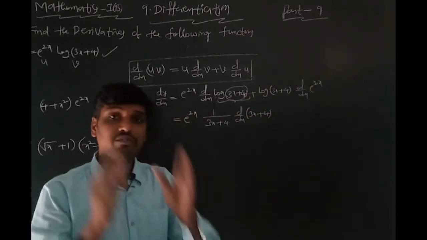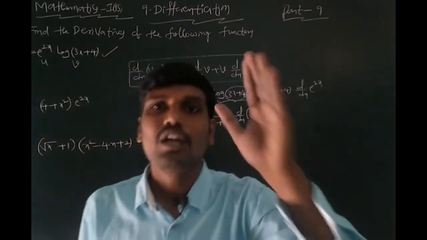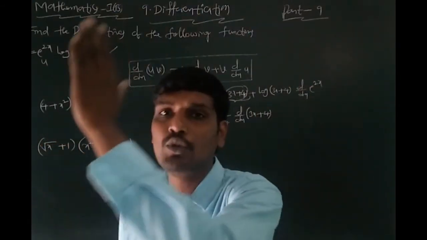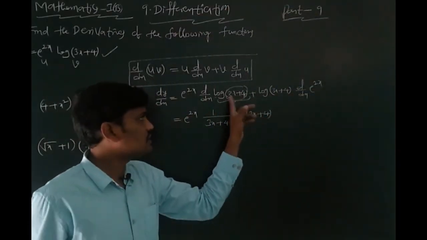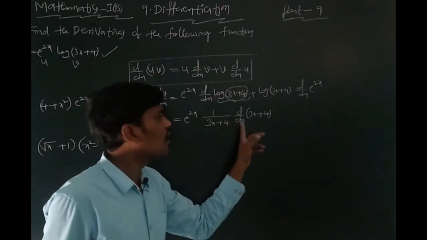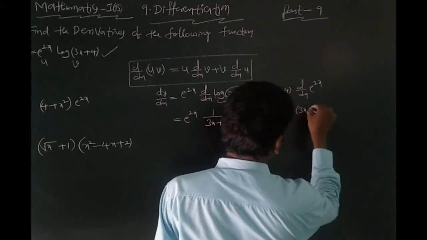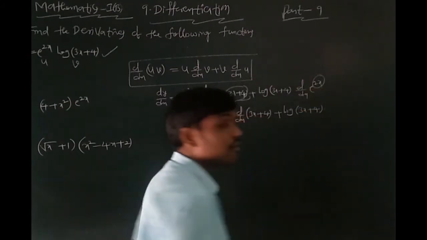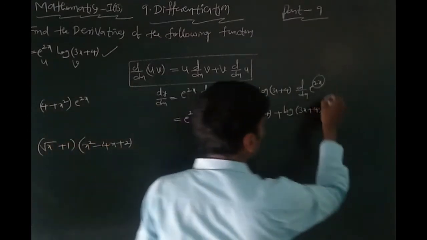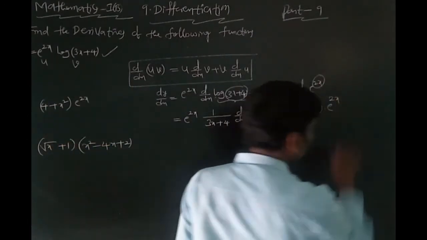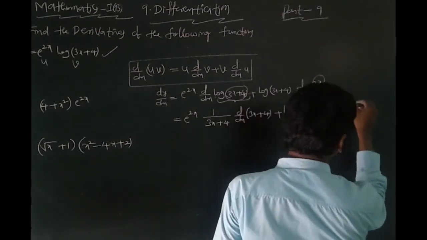See students, this is a very useful key. Here in place of x, you can write any value, that value you can write, after that derivative of that value. Here in place of x, 3x plus 4 is there, you can write after that its derivative, plus log of 3x plus 4 into, here also e power x derivative is e power x, but e power x is not there here. E power 2x nothing but, in place of x, 2x is there, you can write e power 2x, after that the derivative of 2x.